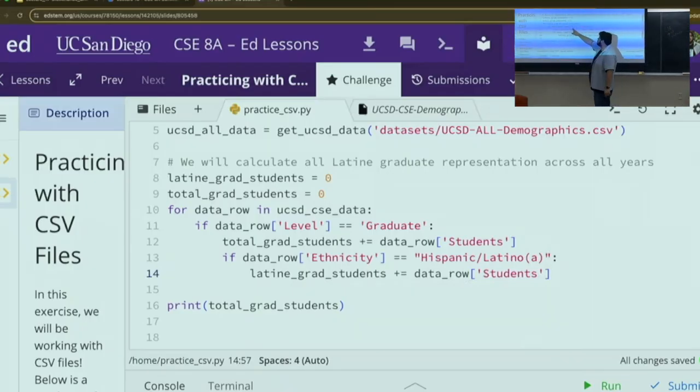When you go into this first if statement, everything in here means that they're going to be a grad student. And now when you check this data row, if ethnicity is Hispanic Latino, you check to see Latin grad students. Now you know that you're looking at Latin American grad students, and you're adding the amount of students to that Latin grad students. So now,